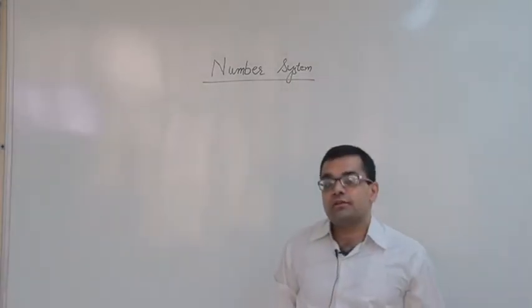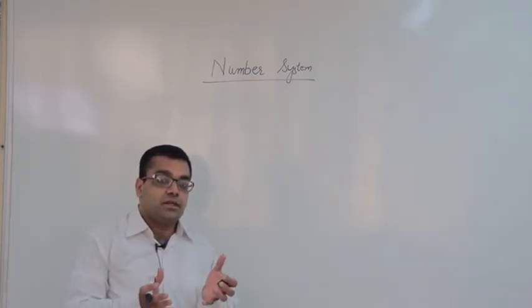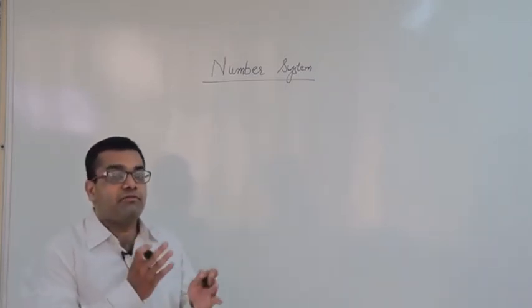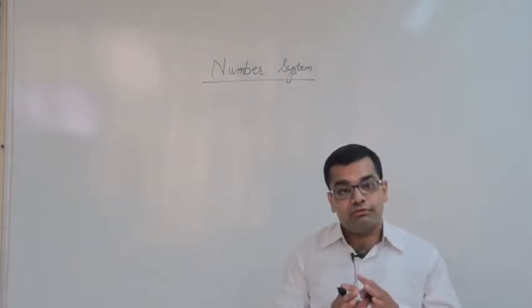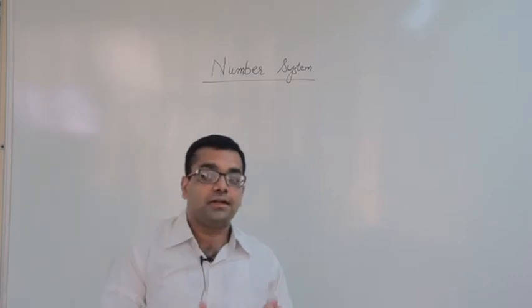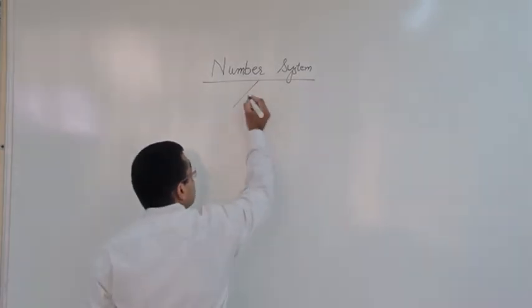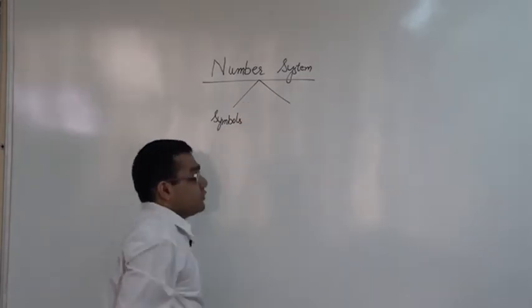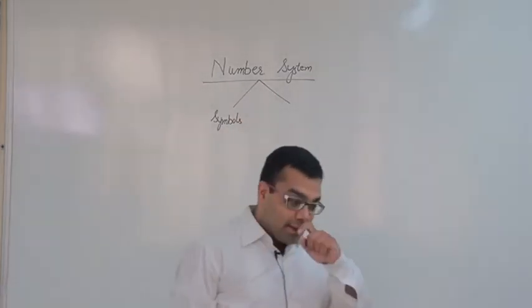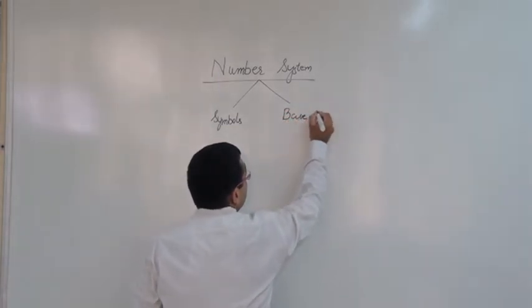Number system is one of the basic methods of representation of information. Information is described in terms of digits, or if we talk in particular in terms of numbers, so different methods of depiction exist in the literature. Any number system is identified by two things. We have the symbols to represent the information, and another thing is the base or the radix.